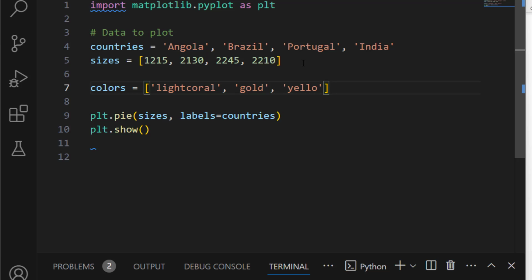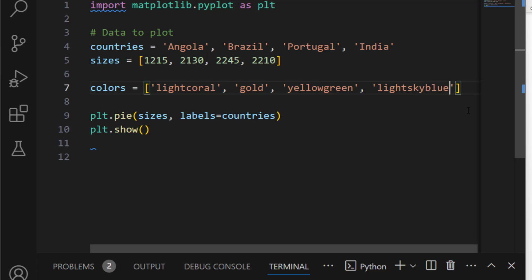There is no problem with that. Just grab the hexadecimal color, come here and paste. Boom, you are ready to go. Let me give yellow green, comma, and the last color that I'm going to use will be light sky blue, which is a really good color.